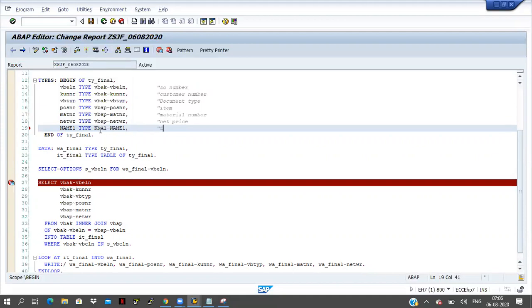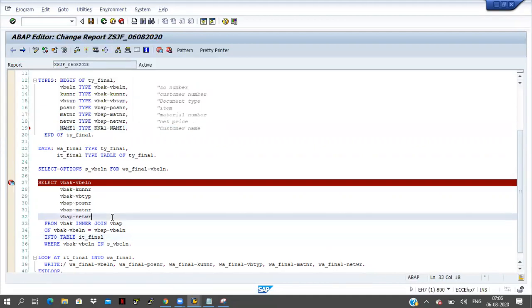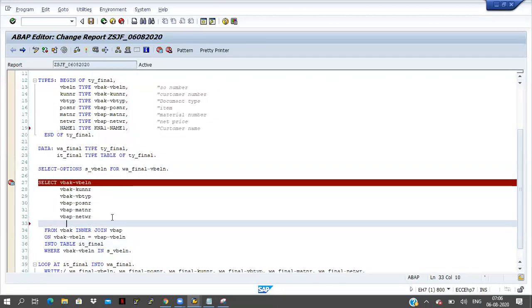This is the customer name. Now in the select query, I'm adding one more field, that is KNA1-NAME1.